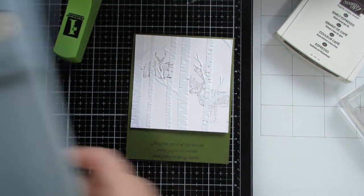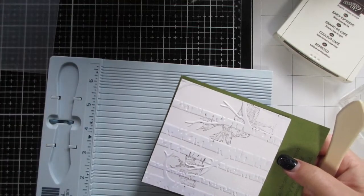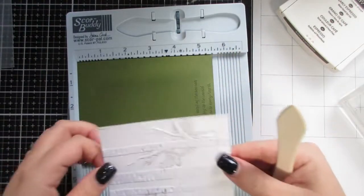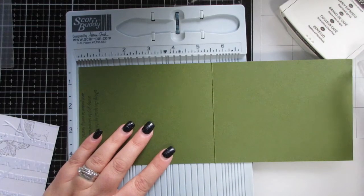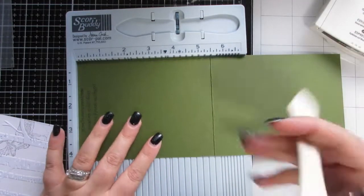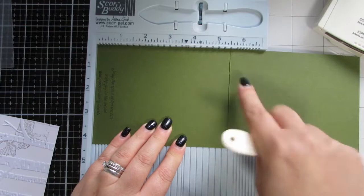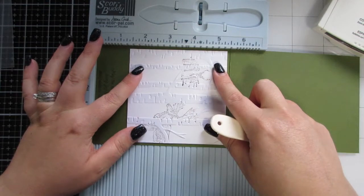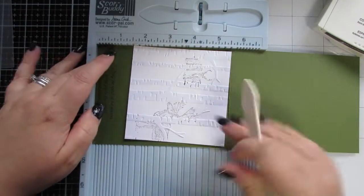So now what I want to do is bring my Score Buddy in, and oh sorry, it's a bit crash. Which way do I want to do this? Right, let's do this way. I've opened it up because I've got stuff everywhere, sorry. I don't actually want the back of the card to be embossed, but I want to add a bit of detail to the front of the card. So I've lined up the edge where we've got our sentiment up against the corner of the Scorpel,